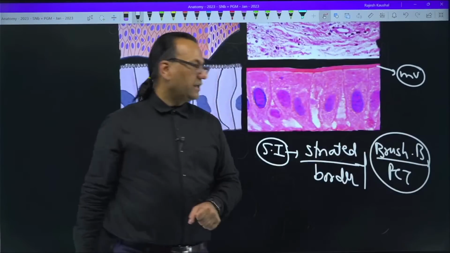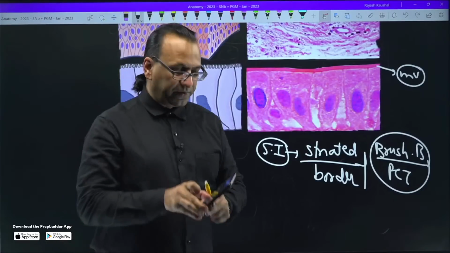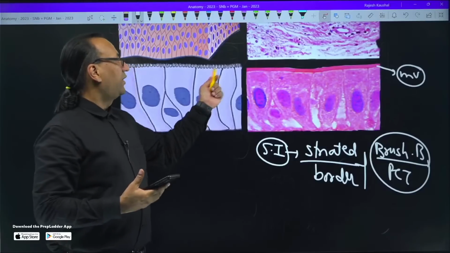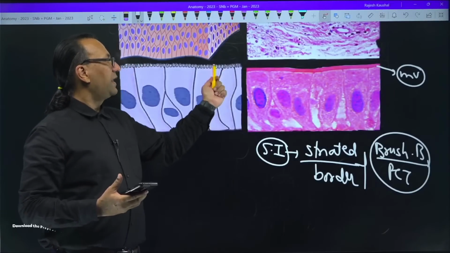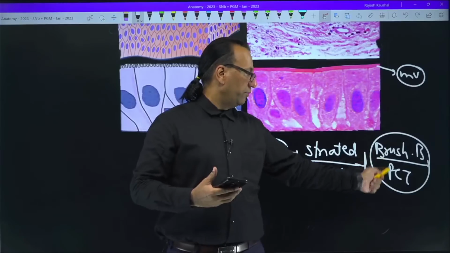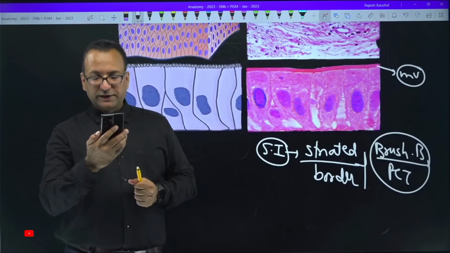So can you tell me what is the difference? In the chat you can mention what is the difference between the microvilli which we find in the small intestine and the microvilli which we find in the kidney proximal convoluted tubule. One is brush border and the other is